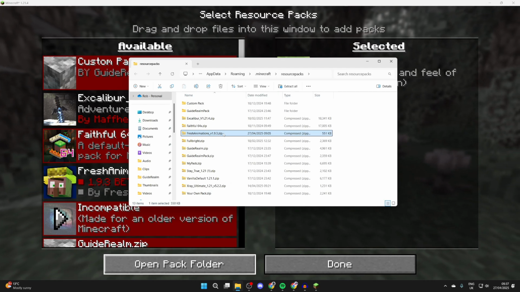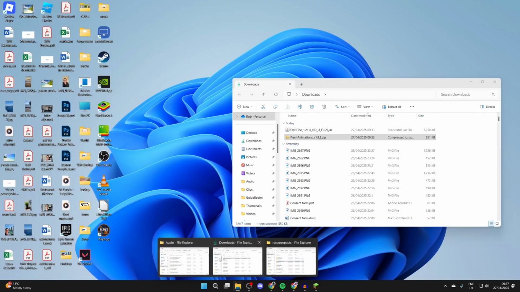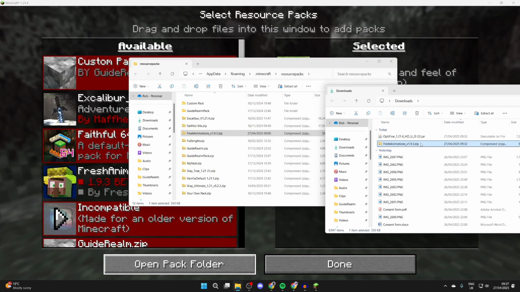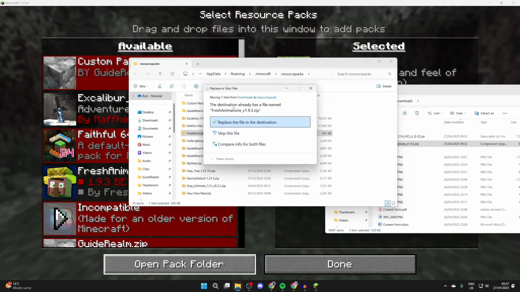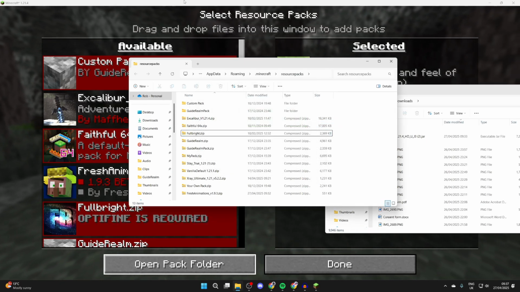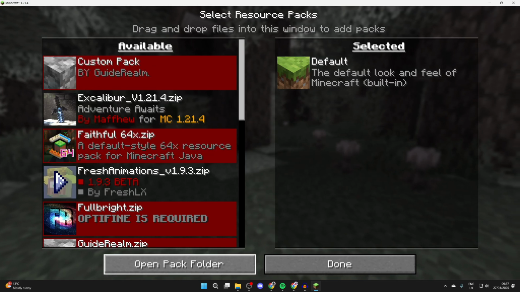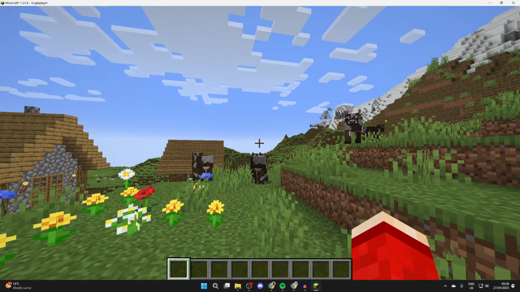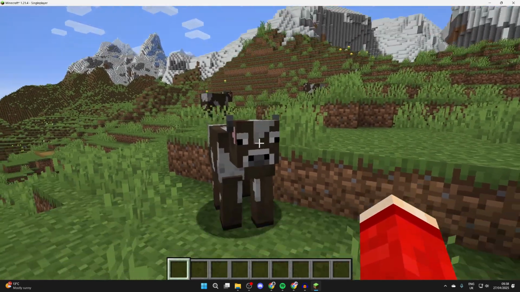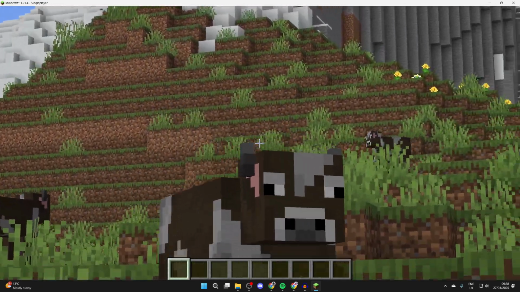Now I actually already have Fresh Animations added here, but what you can do is open up your downloads and drag and drop it in like so, and that should be it. I'll just replace it. And then what you can do is find it in the available list, press the arrow and we've added it. Here we are. Now when you start looking at mobs, you're going to see their animations. You can see how they're walking,